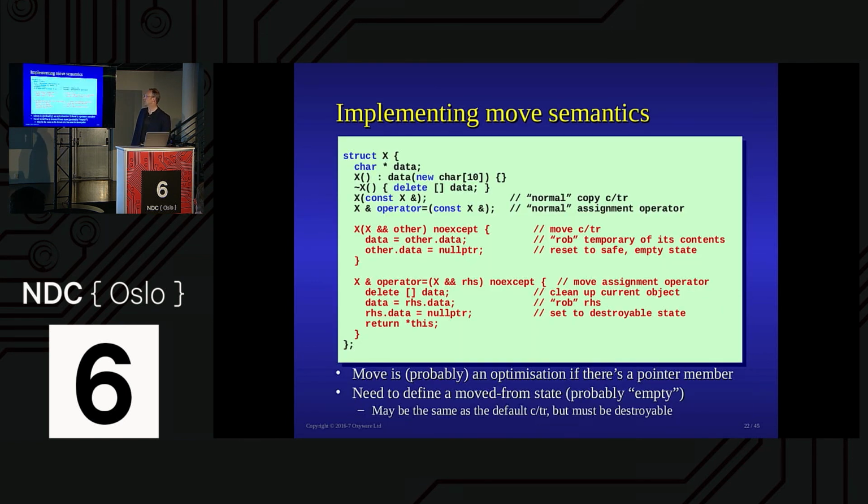Move semantics are very useful. How do you implement them? Notice that in this case what I've got here is just pointer assignments. So I just copy the pointer across and null that one out. The move assignment has to clear the left-hand side first. Notice I've also done noexcept. Noexcept here is important for libraries, for things like making sure that your vector can move things, not actually having to copy them.